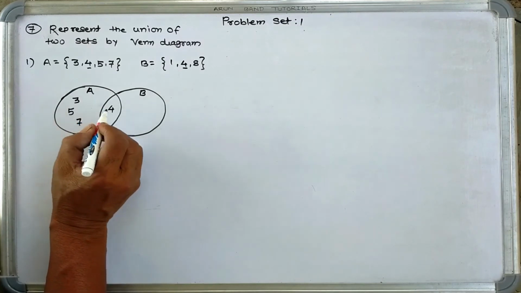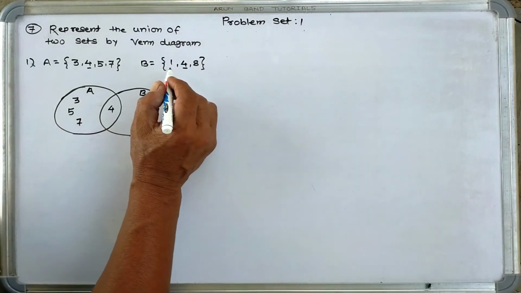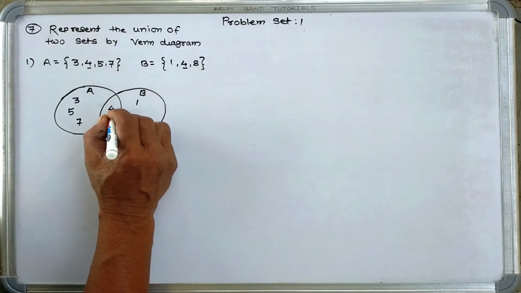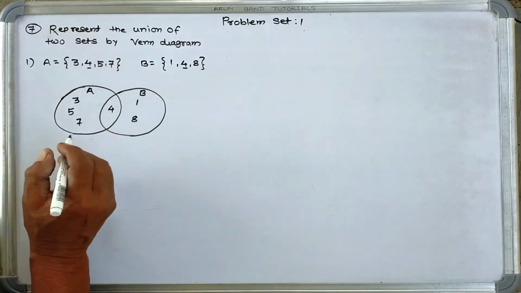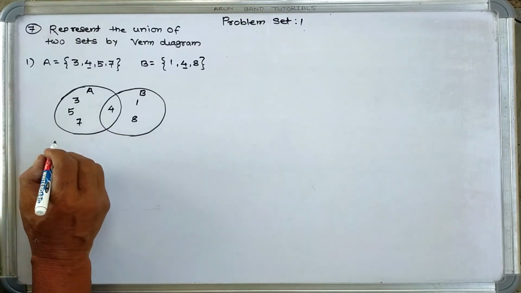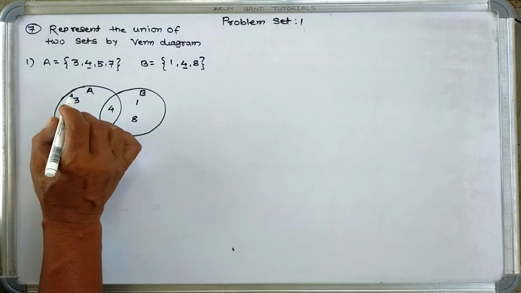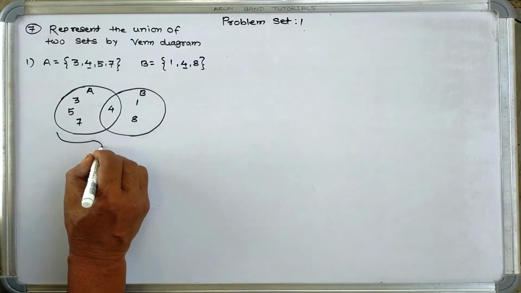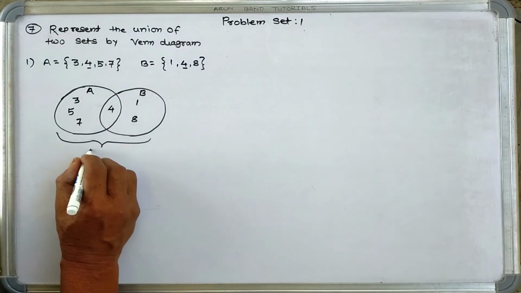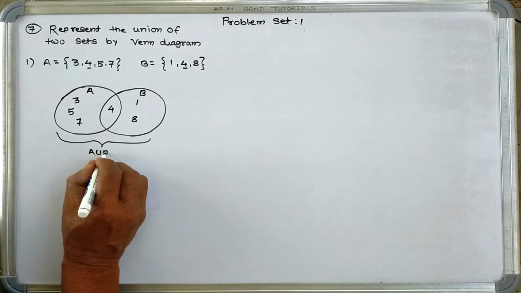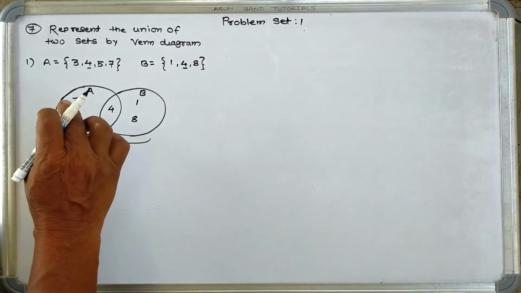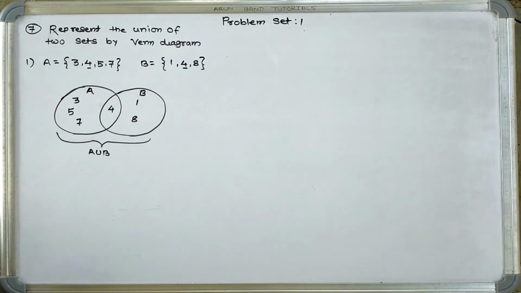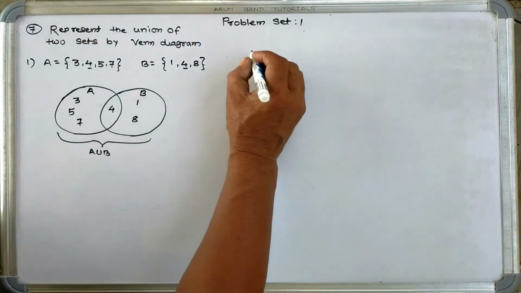So A will contain 3, 4, 5, 7, and in set B there will be 1, 4 and 8. So this is A union B. This is set A, set B, and this total is set A union B. Second example,